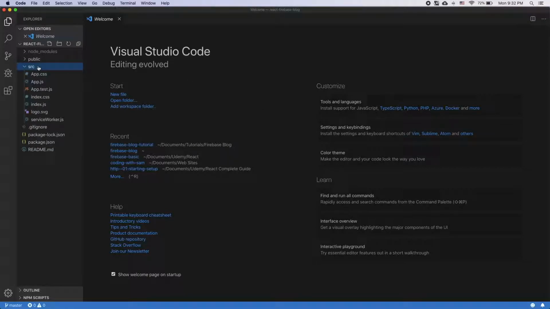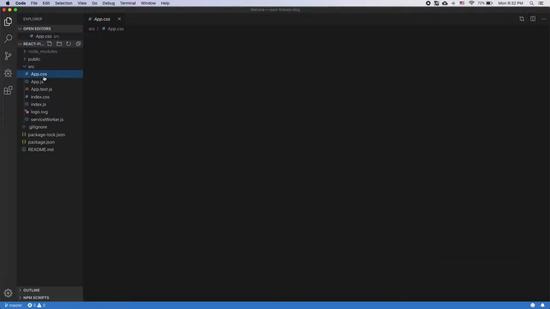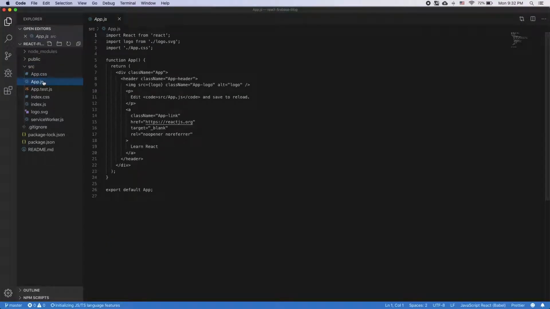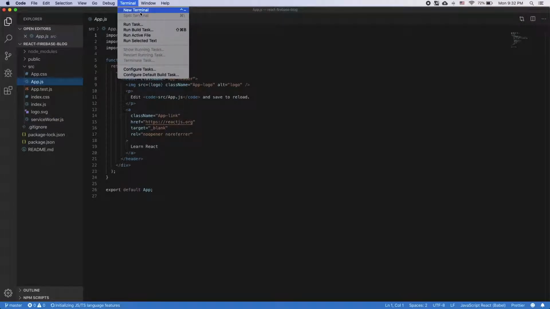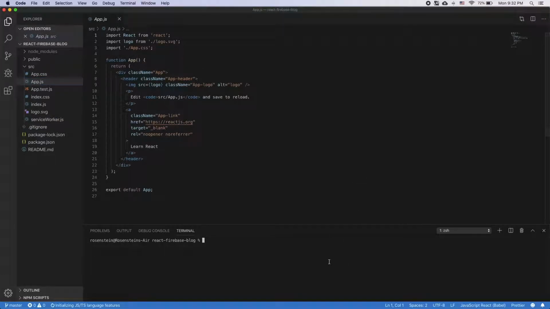We're going to be working in the source folder, which has these few files in the boilerplate configuration. And just to see what's going on, let's start the server over here. We do that by typing in npm start. You can do this either in a regular terminal by going to your directory where the Create React App was created, or if you're using Visual Studio Code, you can type it right into this terminal down here. Press enter,